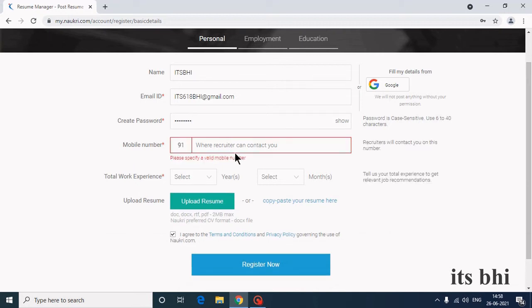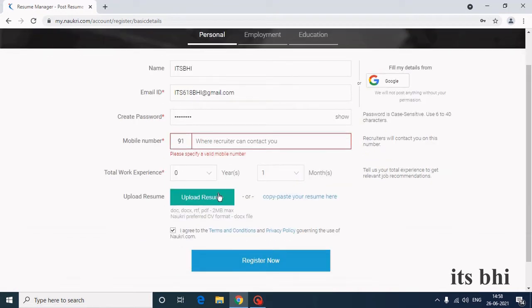Here they describe that they will contact you on this number, and whatever number you give here will be given to the recruiter. For total work experience, even from 0 years, if you have only 3 months or 1 month of experience, you can mention it here.